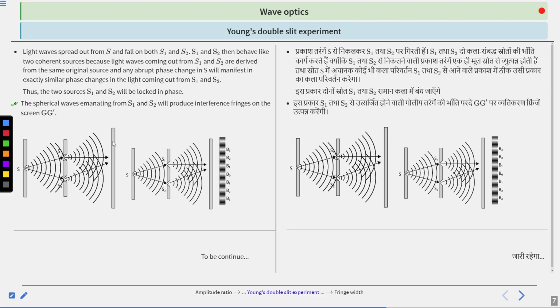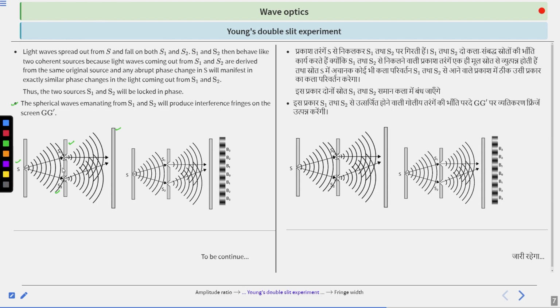So, there is a diagram. The spherical waves emanating from S1 and S2 will produce interference fringes on the screen G prime. Suppose this is the screen G prime. This source, denoted by S, spreads out waves like this. When both fall on S1 and S2, like this,